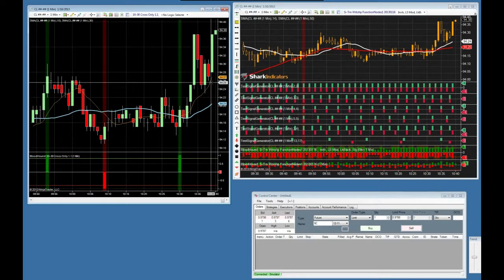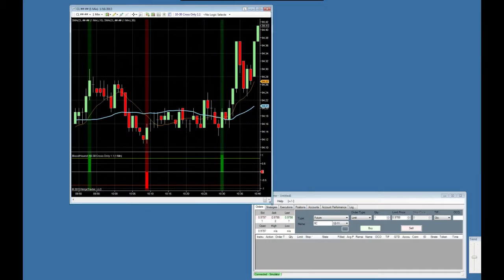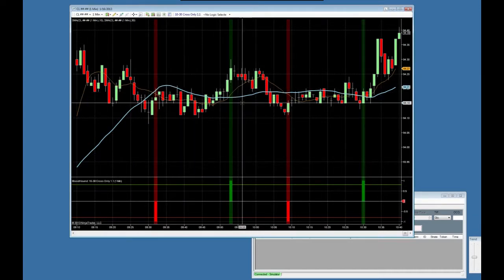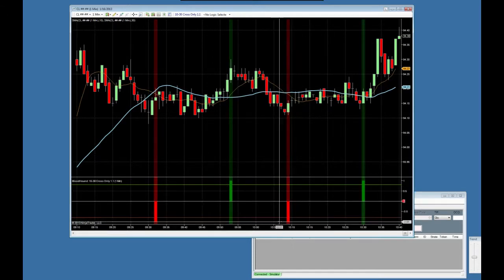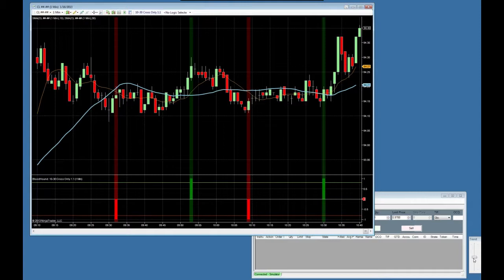But you see, I've got the 10. Let me just minimize this guy because we're not dealing with him right now. I've got the 10 moving average in the orange and the slower moving average in the turquoise color, or the light blue. And you can see whenever the orange line crosses above, we get this green signal to go long, and this red signal, vice versa, to go short. So to actually put this in practice and trade with it, what we can do is use Raven,